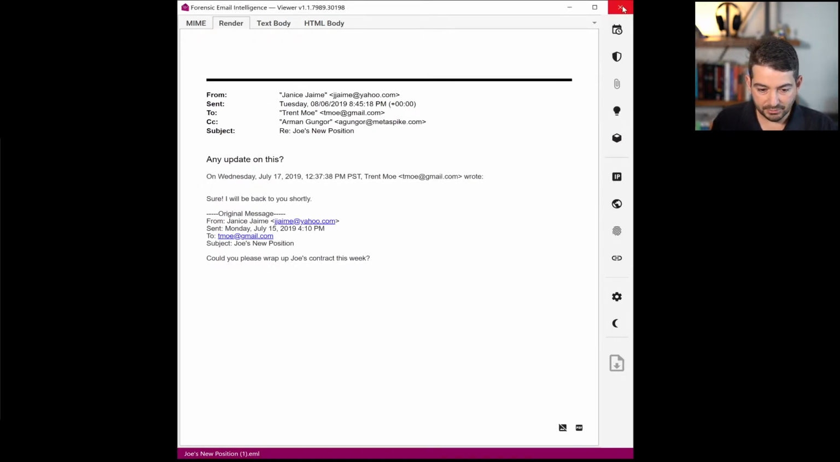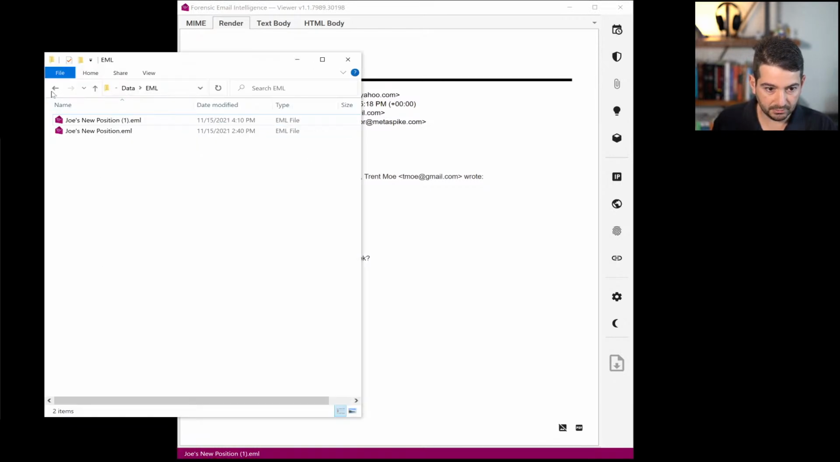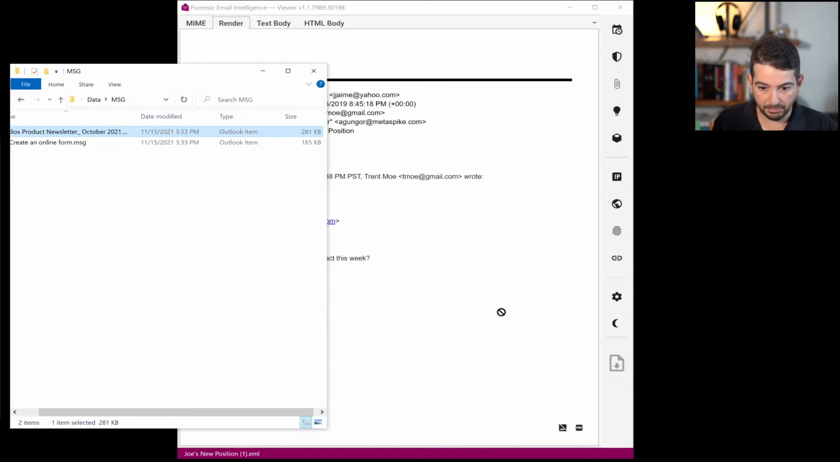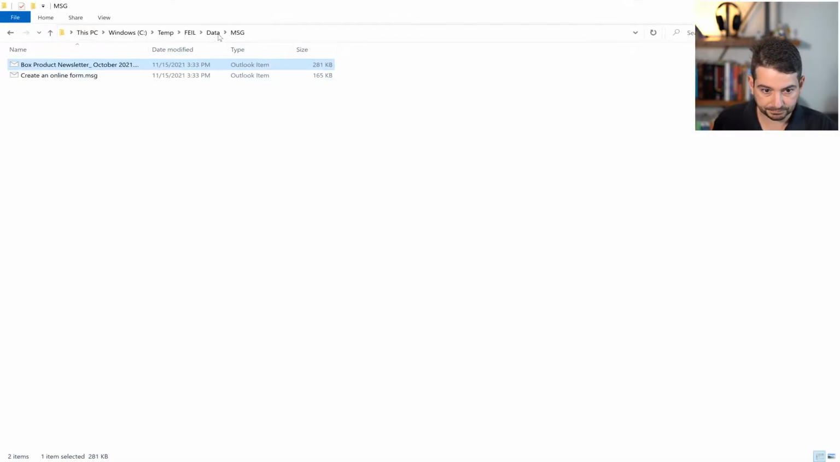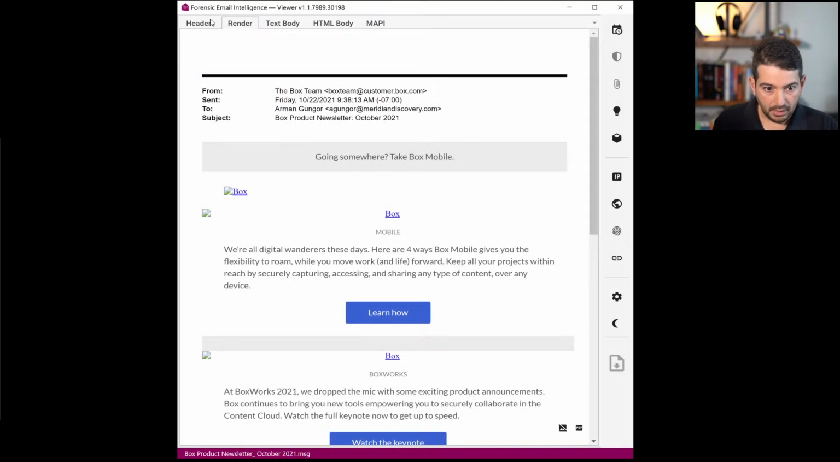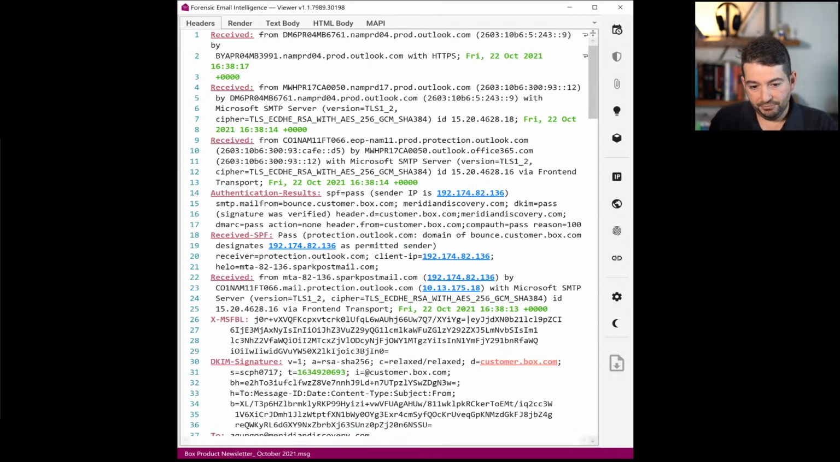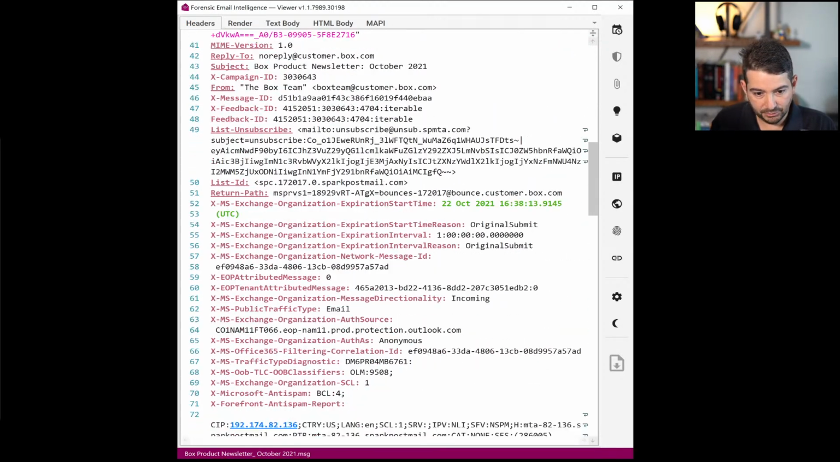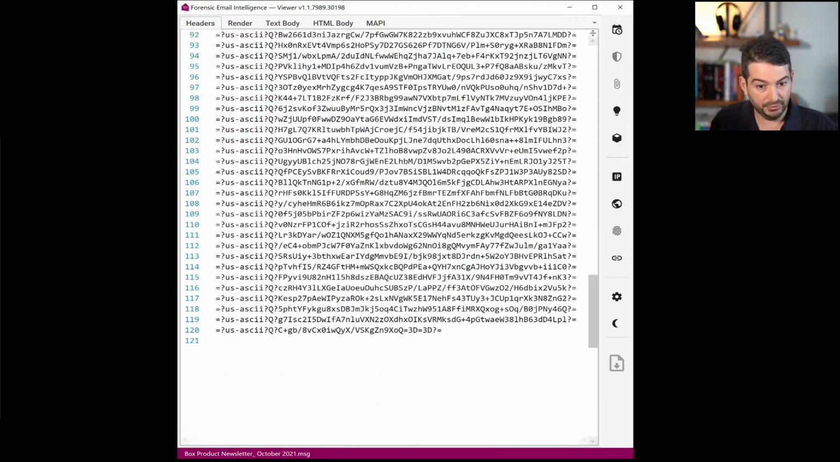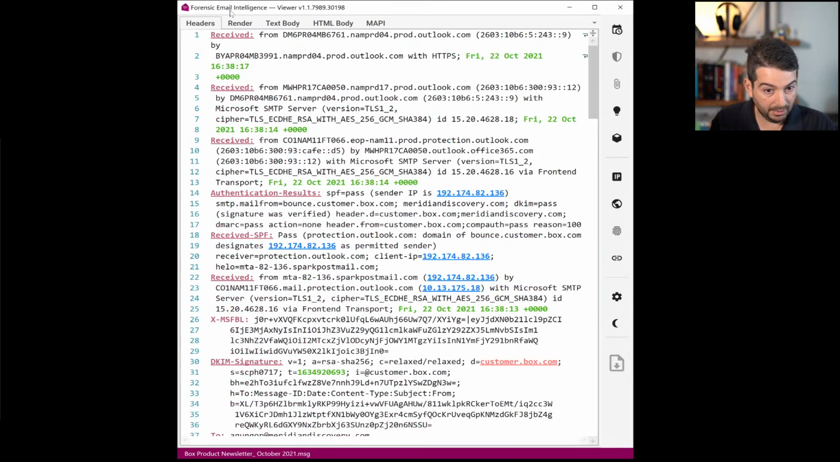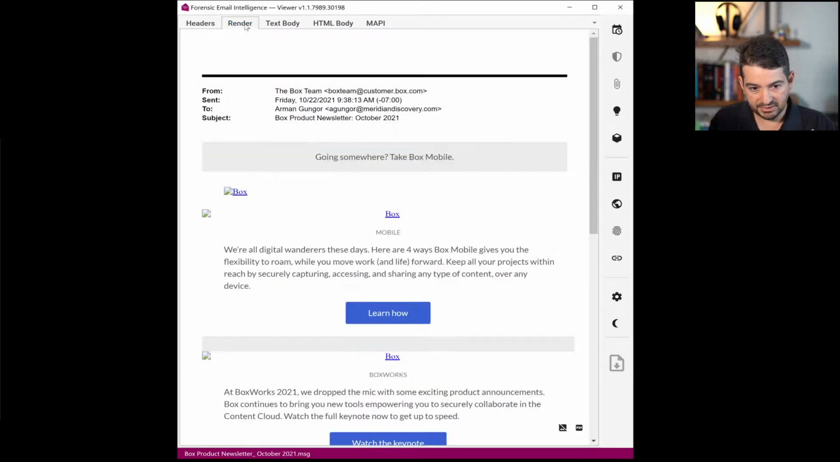Now, let's look at an MSG message here to see some differences. So here's an MSG format message that I'm going to drag over here. What we do with MSGs is largely similar, and I'm not going to go through the same type of things here, but you see the headers here. But for MSG, you're not going to have the full MIME content, so you're just going to see the message headers in the MIME tab, and actually the tab is named Headers in this case, not MIME. You're going to see a render of the message,